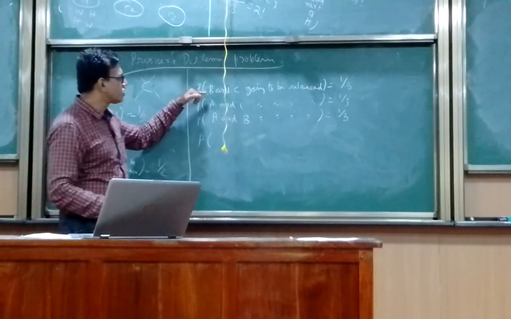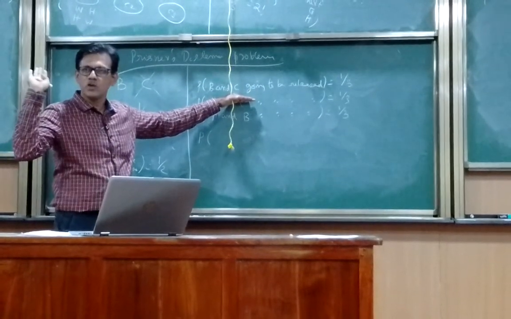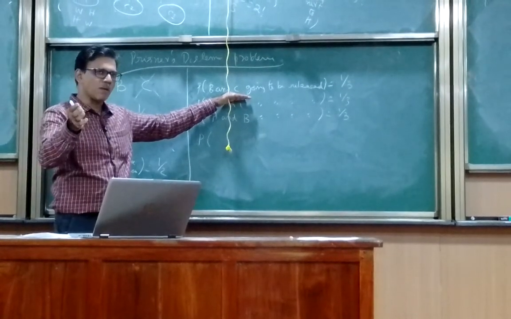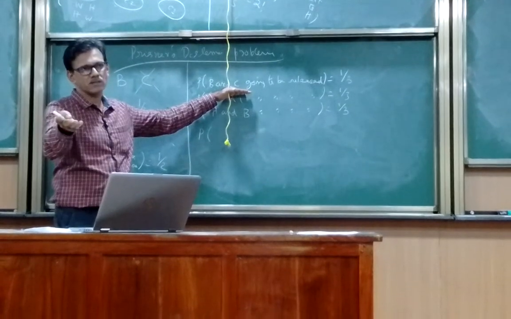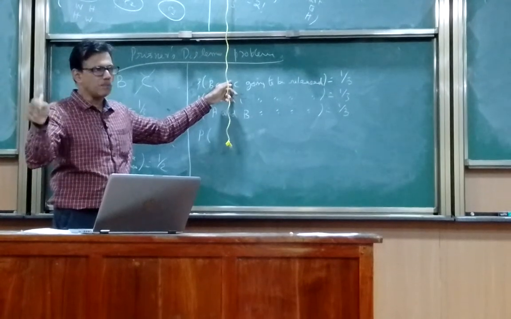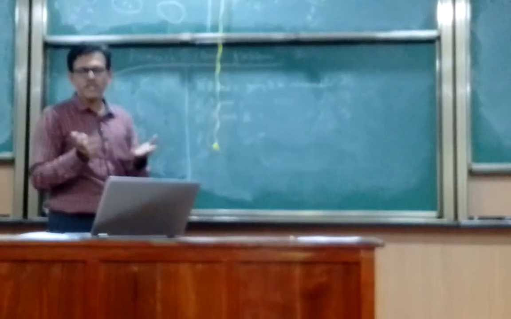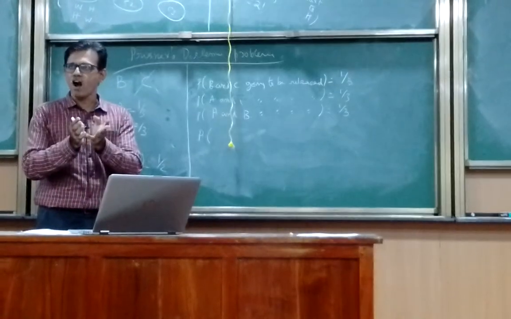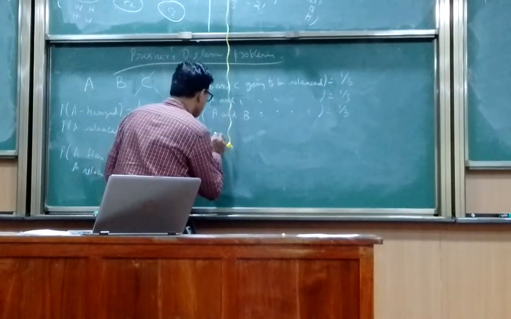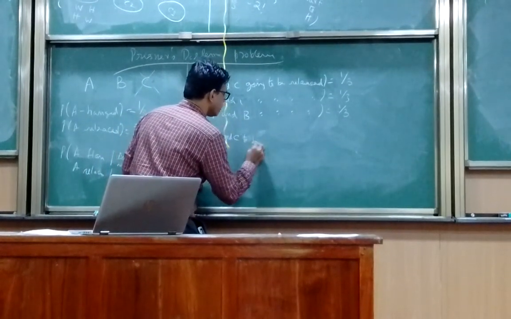Okay, let's look at this scenario. When B and C are going to be released, it means A is the one who is going to be hanged. If A asks, tell me someone else other than me who is going to be released, it can be either B or C. There are 2 possible answers. He can pick one of the answers randomly and give it. So he can either say B or C. Rationally, we will assume that the probability of it being B or being C is equal. So we will put this one, B and C to be released,